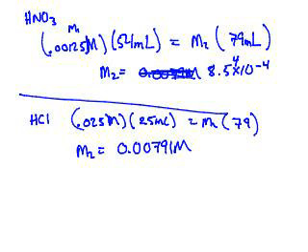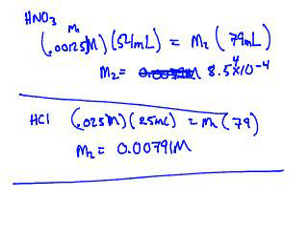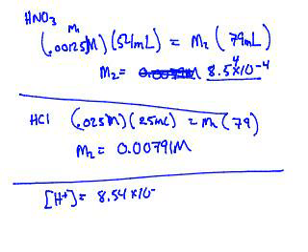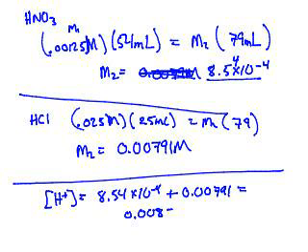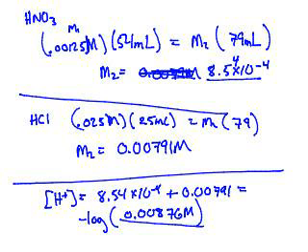Now, what do we do next? That's just molarities. 2 molarities, but if we add them together, then that's our total concentration of hydrogen ions in this solution. So it would be 8.54 times 10 to the minus 4th plus 0.00791, and that comes out to be 0.00876 molar. Now we're just going to take the negative log of this, and we get a pH of 2.0